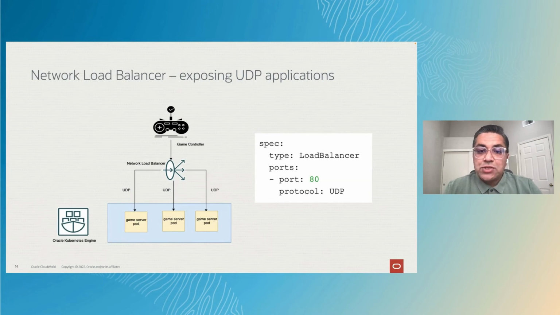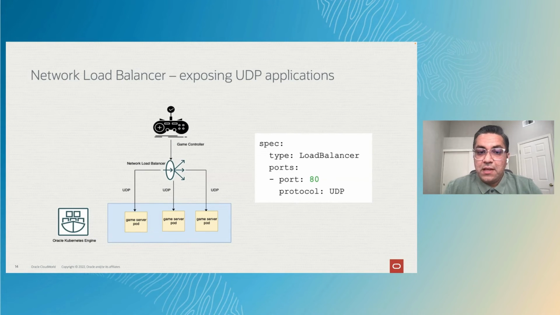And the game server can also include a UDP-based health probe, such as a liveness probe. You can have the network load balancer provisioned with the UDP listener and associated with that particular backend set that is running the UDP game server application. And this backend set is configured to register its backends and perform health checks on them using the UDP